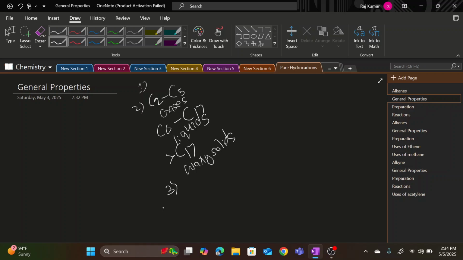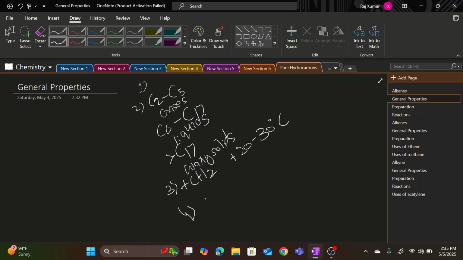All right, and if you talk about the melting and boiling point, the melting point increases with the number of methylene groups. With each methylene group, there will be a 20 to 30 degree centigrade rise in the melting point. So this is an important point. For example, if we take ethane and add a methylene group to it, it is going to raise the temperature by 20 to 30 centigrade.